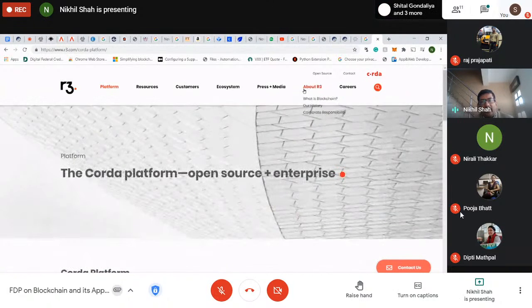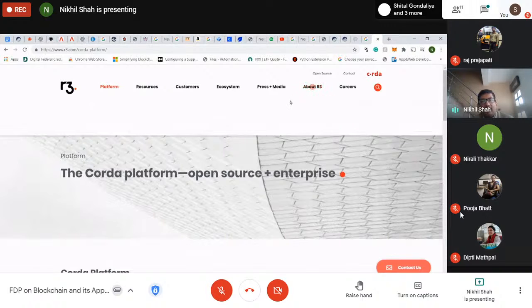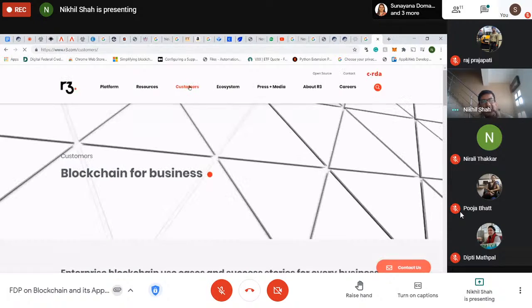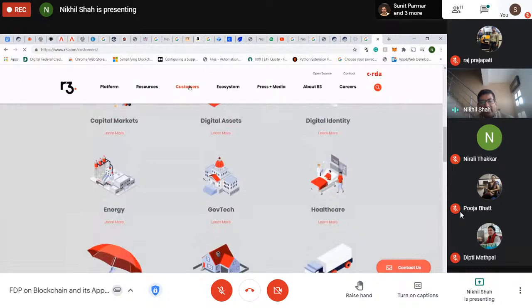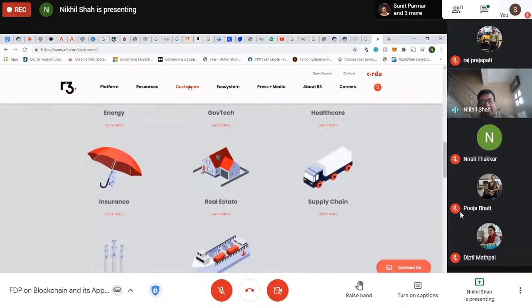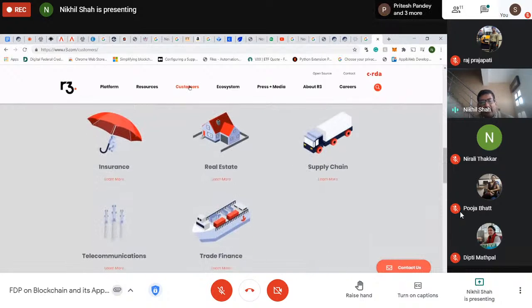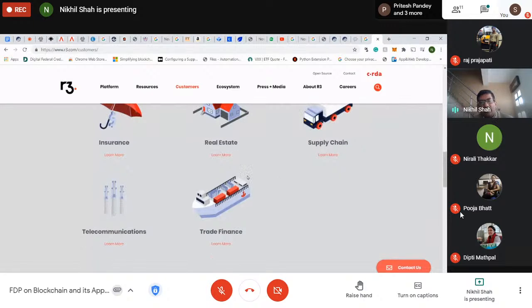So key things to understand is the R3 platform. They call it blockchain for business, and these are the energy sector, government sector, health sector, supply chain, real estate, trade finance. By the way, trade finance is one of the key things in industry. There is a lot of interest in trade finance, particularly in countries like Dubai, where we have a couple of our customers. What happens in trade finance is,